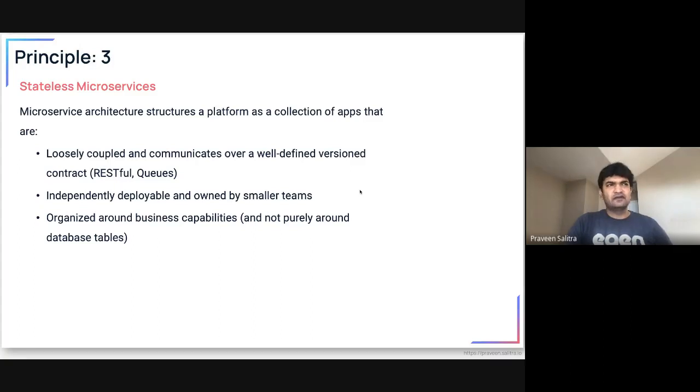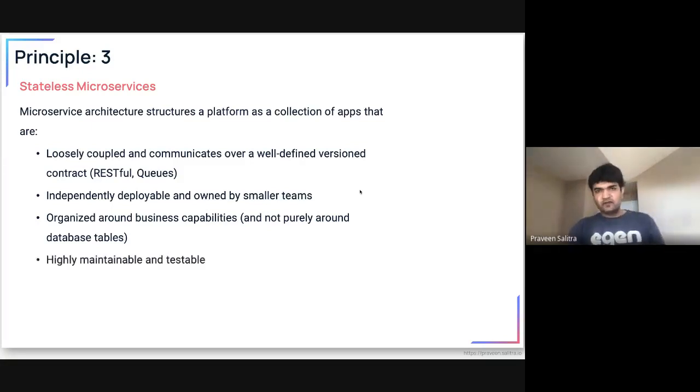Just to give an example, let's say you are on an e-commerce platform and you say, oh, let me go and adopt this microservice architecture. Don't go and break down your database, normalized into different tables, and then put a microservice in front of every table. So shouldn't it be like order line item service, or order service, or customer service, or product service, or inventory service, or payment service, or something else? Address service for that matter. In the case of Amazon, it may work out, but for your smaller group, you will start from a monolith and then break it down into services depending on the capabilities that you would want.